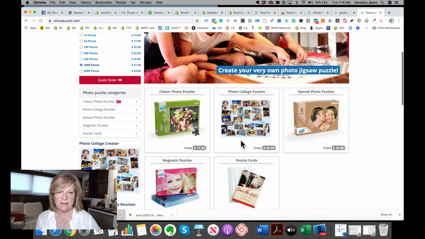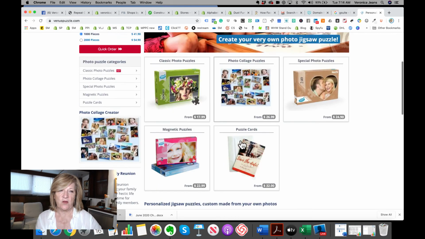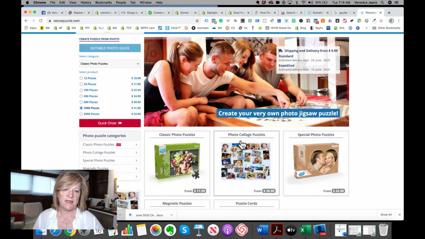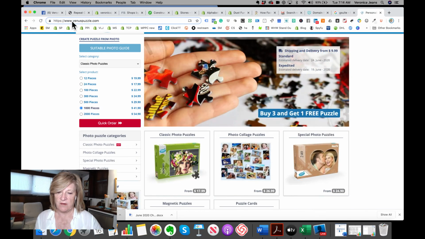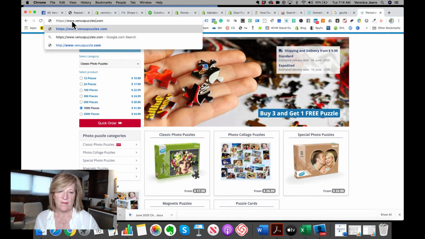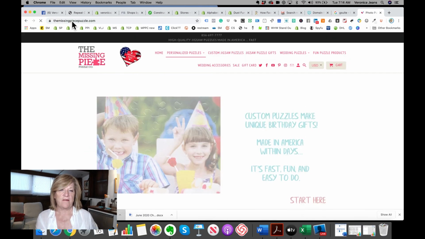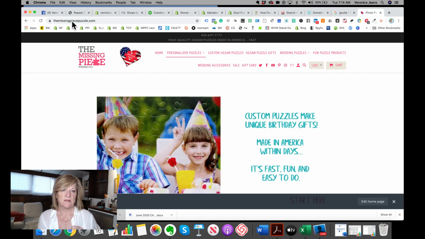They're cheap Chinese, and the puzzles are not as robust as hers. They all come from China. Okay, so check this out. She did her research and realized they do not have the plural of Venus Puzzles. So she bought Venus Puzzles and pointed the domain to her website.